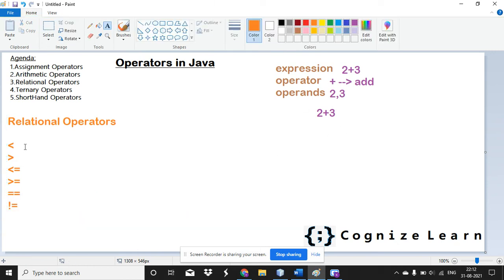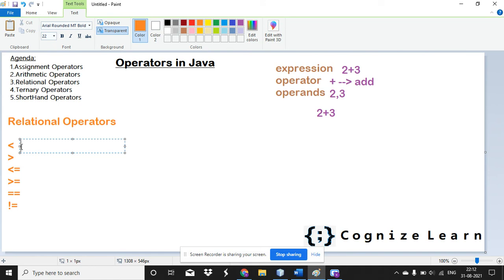Fine. So it is going to make the comparison possible. So 2 less than 3. What is the output it will give? Here it is checking a condition. Always if you check a condition, then it should return either true or false. That is, your relational operators always give the output in the boolean format.